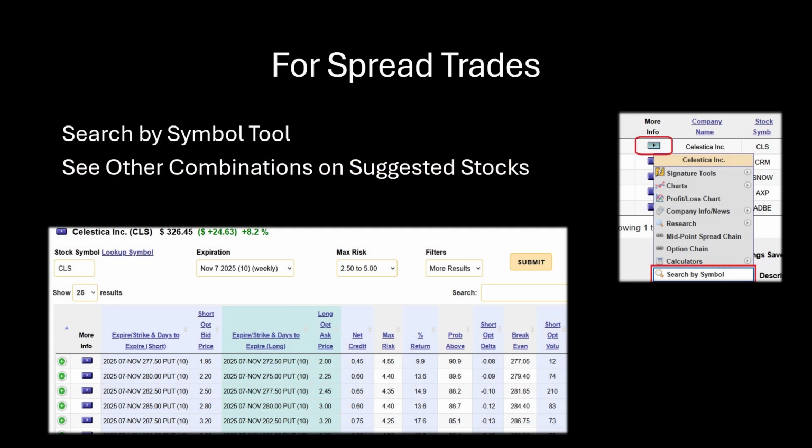For spread trades, when you find a spread trade on the default search, you can use that Edit More Information button to link to the Search by Symbol tool. This will allow you to see other combinations on that particular stock. Here we see Celestica that came up on a default search. We click the More Information button, we go to Search by Symbol, and then we have a variety of different